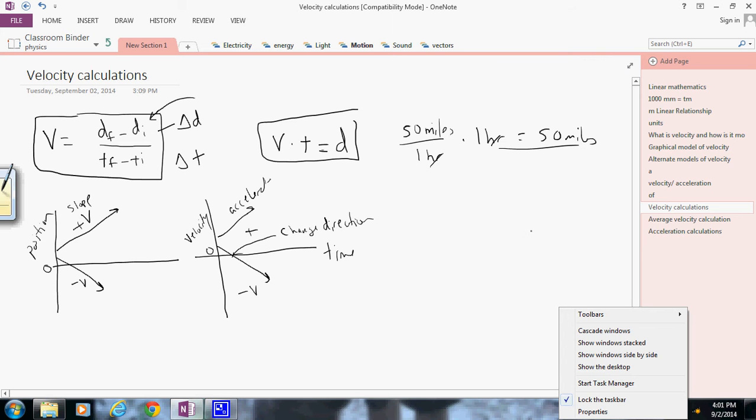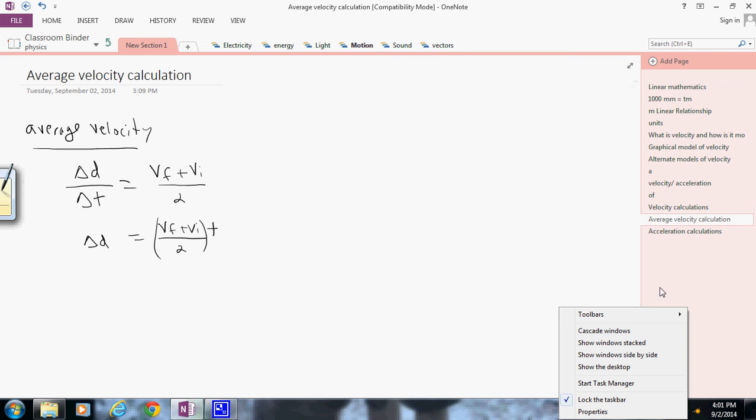Let's look at another type of calculation here, looking at maybe average velocity. Now, if I were to take an instantaneous velocity versus an average velocity, so let's say I take a position time graph, so position and then time, and if I were to, let's say, travel like this here, I have no velocity here because I have no position change. And also I start to increase, okay, then I stop, then I increase, then I stop, I go back,